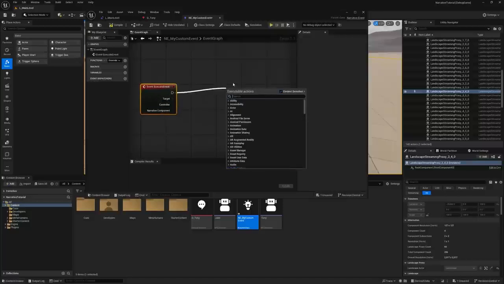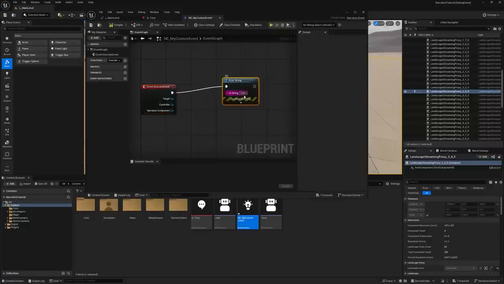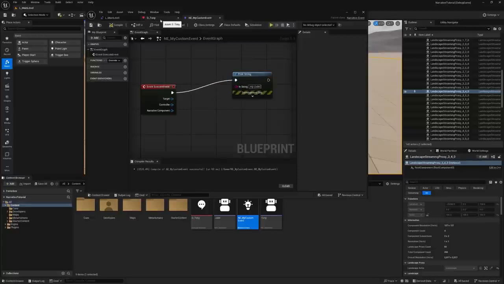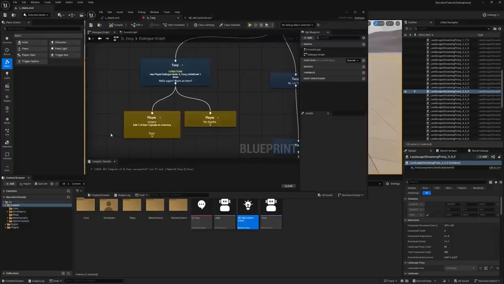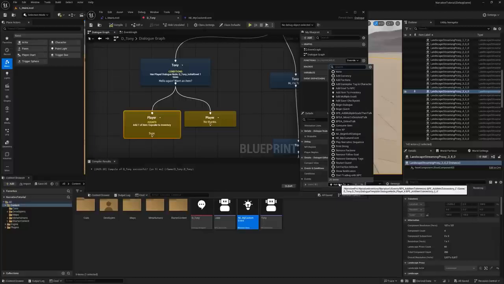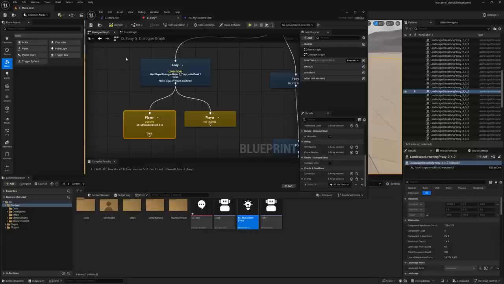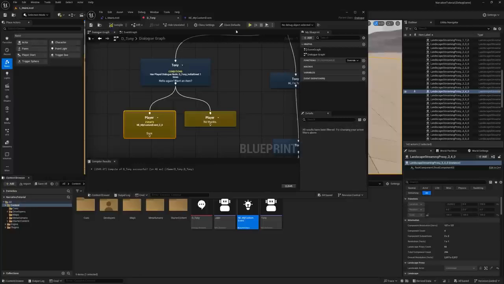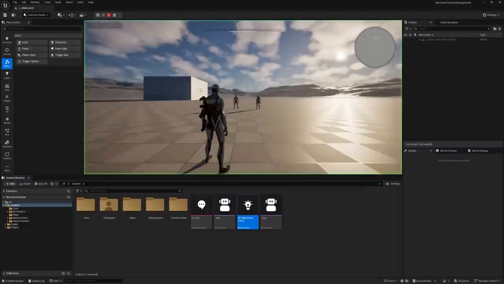And I'm going to make it do something very silly here, but just as an example, let's just make it print a string. We'll just say my code. So this could be anything you wanted, right? We'll compile, save, and if you go back into that Tony dialog, you can actually change that event. You can see our custom event that we made should appear in here. My custom event, click on that one, compile, save, hit play,